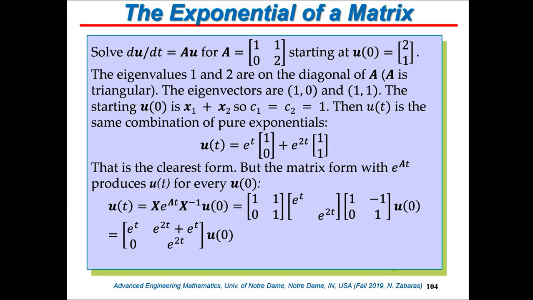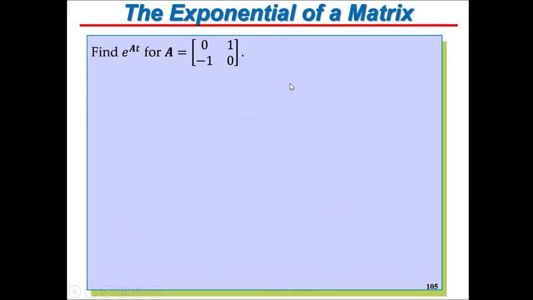Okay, but for sure this e to the At matrix is upper triangular, and follows basically the structure of this matrix A. So let me take a matrix A now that is anti-symmetric, and you remember for anti-symmetric matrices, we anticipate a particular structure. So if you go and actually compute the eigenvalues and eigenvectors, you'll be able